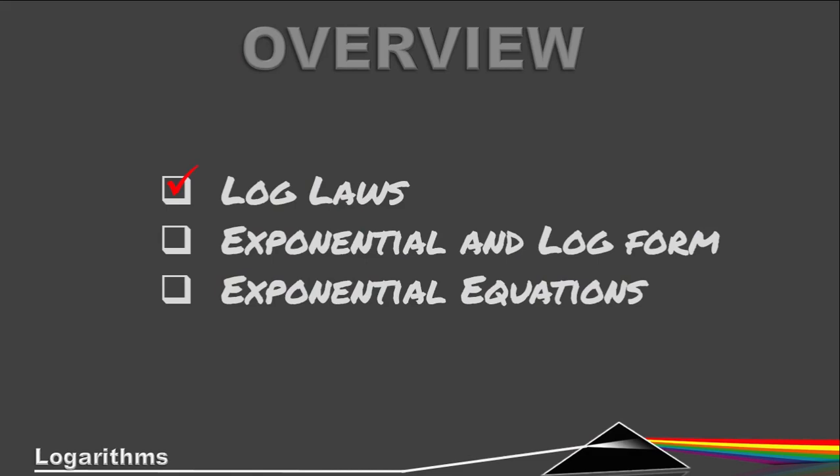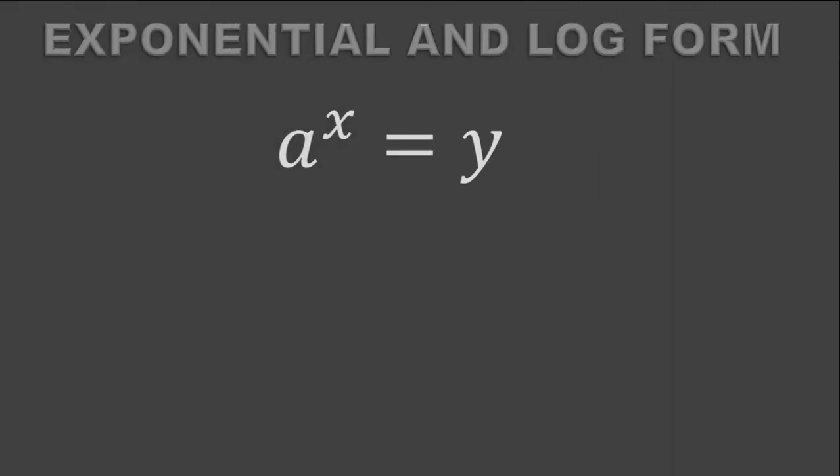And next, let's look at how to take exponential forms to log form and back. Alright, so when we have an equation as follows, we have a to the power of x equals y. Now, let's just color code that quickly. So a is my base, x my exponent, and that's equal to y. Now, when we are talking about logs, logs are basically like the inverse of exponents. And we can take this form and change it into an equivalent equation, but in terms of